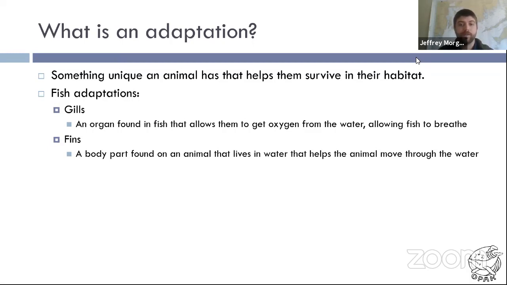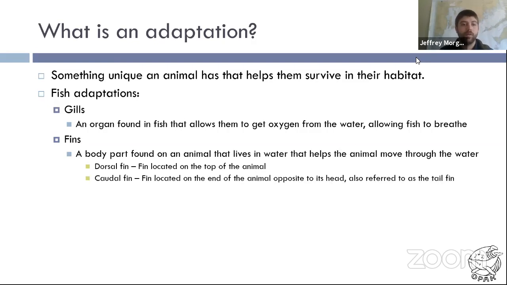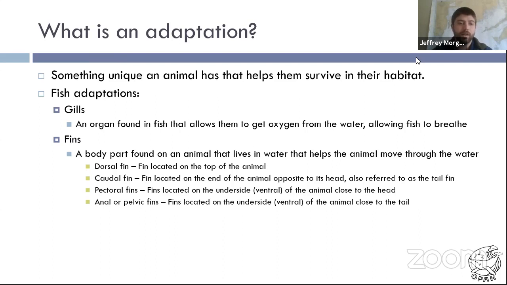So again, it's a body part that helps them move through the water. We have dorsal fins, which are on the top of our fish or the animal. Caudal fins, which are the tail fins, so they're at the back end of our fish. Pectoral fins are on the belly or the bottom, the underside of the fish. They're usually closer to the head. And then we have the pelvic fins, which are also on the underside of our fish, but they're located closer